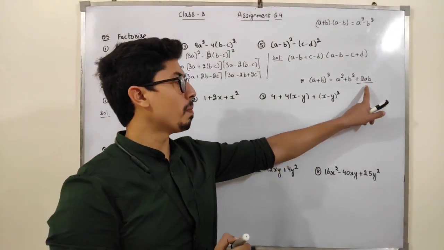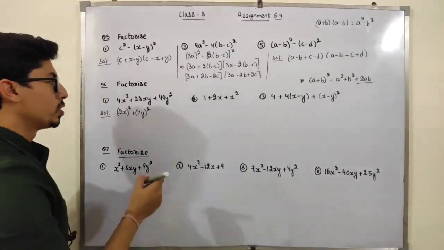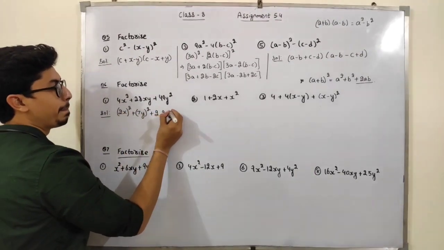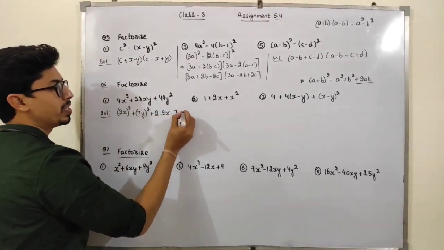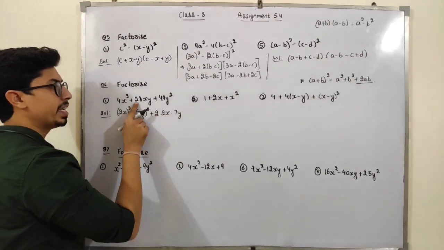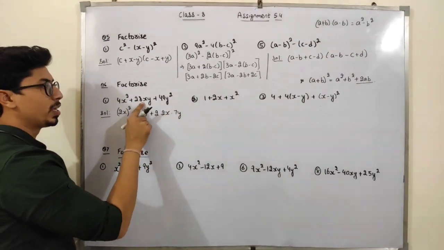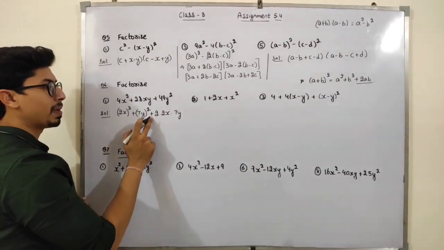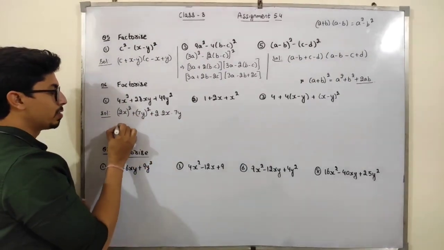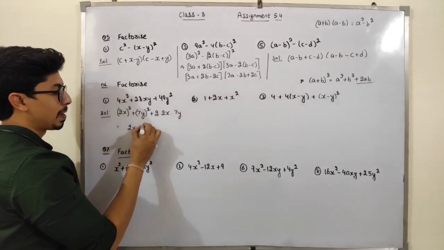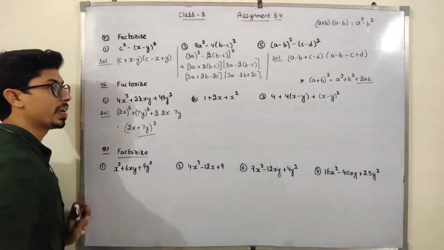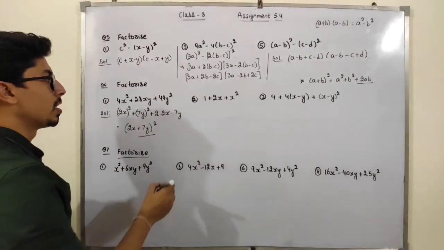Now to complete the formula, I want 2ab. So see, 2a is 2x, b is 7y. Now students, if I multiply 7 into 4 it is 28, x into y. So I just write 28 like this. Okay, now this becomes a square plus b square plus 2ab. So this will be 2x plus 7y whole square. Okay, so this is our required answer.